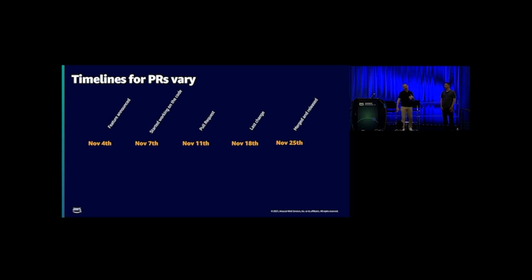Speaking of timelines varying for pull requests, I'll go over one example, the one that I talked about earlier with capacity rebalance and what that was like for me. So the feature was announced on November 4th. I had my introspection, midlife crisis, mental breakdown on the 5th, said, can I do this? I talked to AWS legal and PR and the open source team on the 6th and said, can I work on this? And they said, absolutely, that's totally fine. And then on the 7th, I started working on the code.